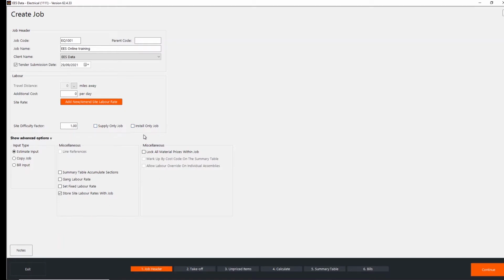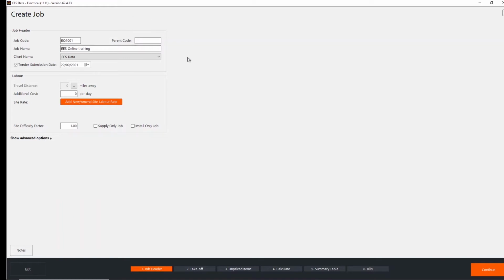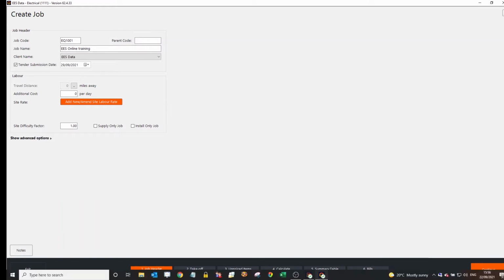There are also some other little settings down here in the show advanced options area, but this is something we will help you out with in support, or if you go along with our training courses, we will help you figure out which of these settings is best suited to you. So once you've gone through and filled out all of this information, simply press the continue button,